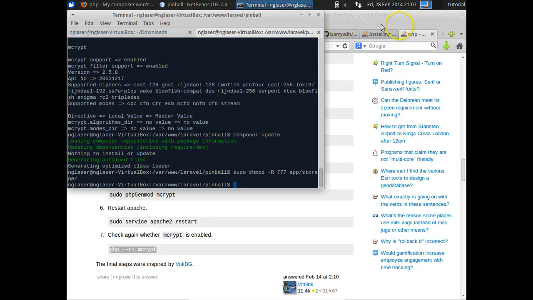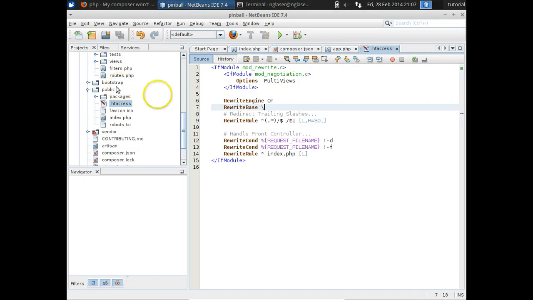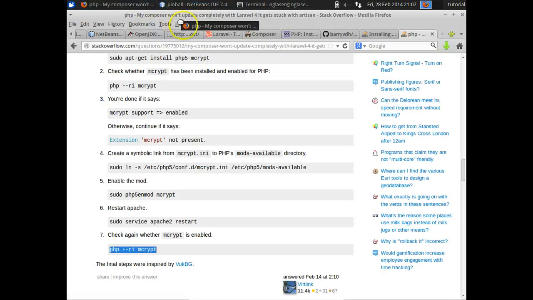And now that we've done that, and we added that little thing to our htaccess file, which is located in our public folder under .htaccess, we should be able to, if we did everything right, which we probably didn't,